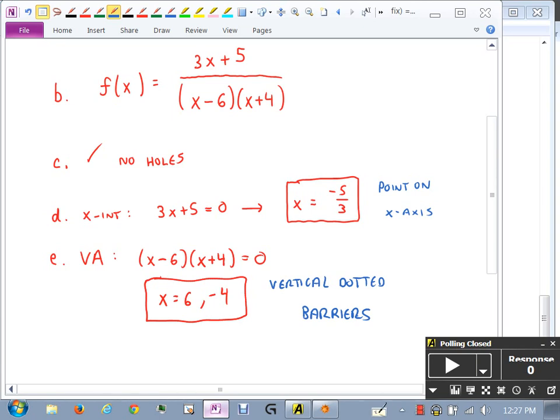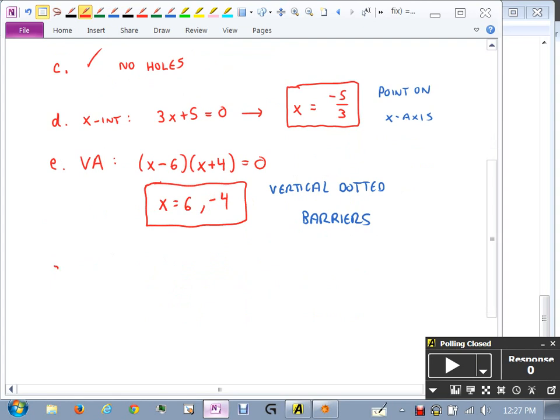Now, keep in mind, the vertical dotted part is not technically part of the graph. It's there to help us. But if you just have a computer graph these things, it won't draw this dotted stuff. I did that to help you see them. Okay, we're done with the verticals. Now the horizontal. So this is